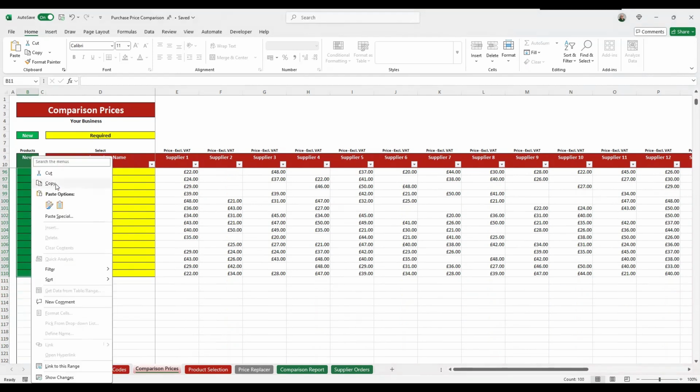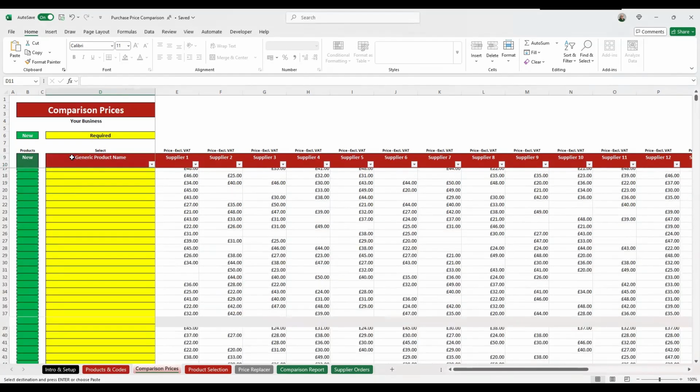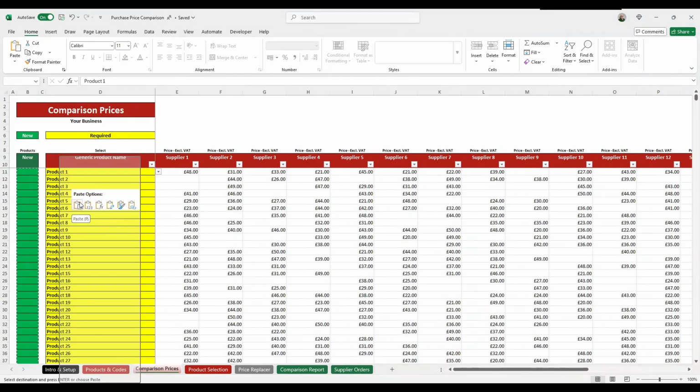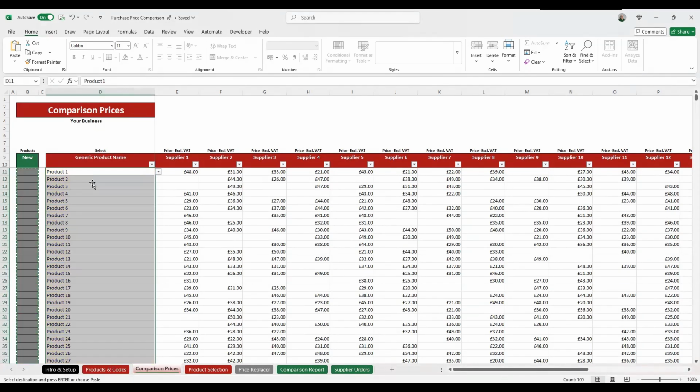If you just copy that and go back to the top, make sure it's row 11, right-click here and paste values. Not normal paste. That'll paste all the formatting. You don't want to do that. You always want to use paste values in the spreadsheet. Paste values. What that then does is it actually copies the products that you've got from the product codes